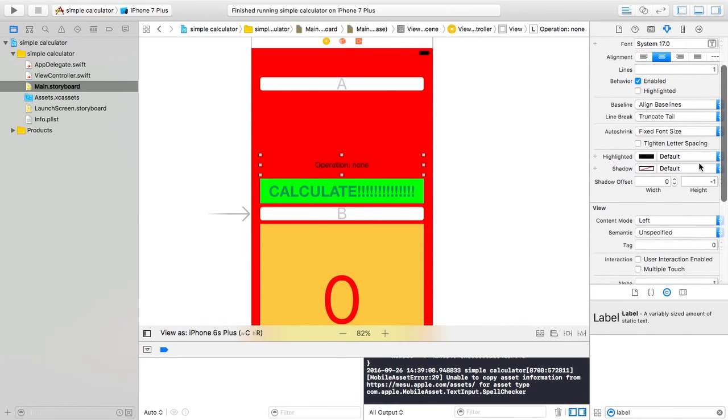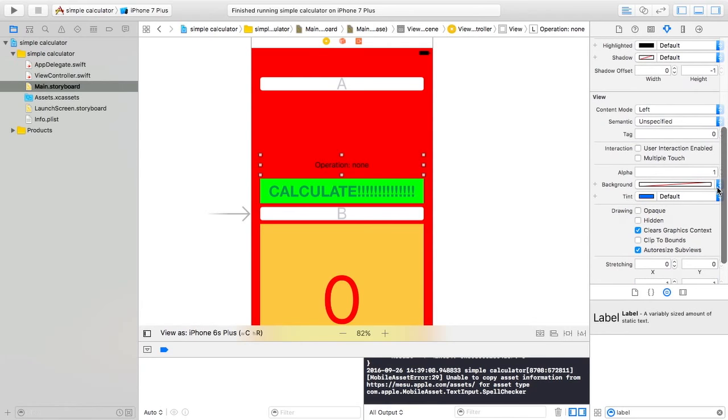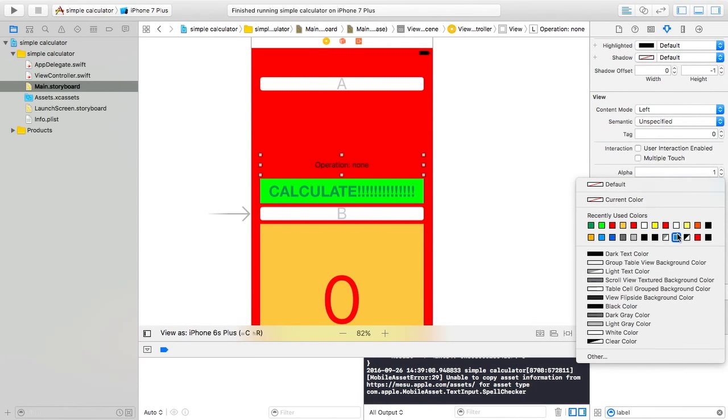Okay, so let's do a background. Sorry, just scratching my ear. It's a little itchy, but hey,